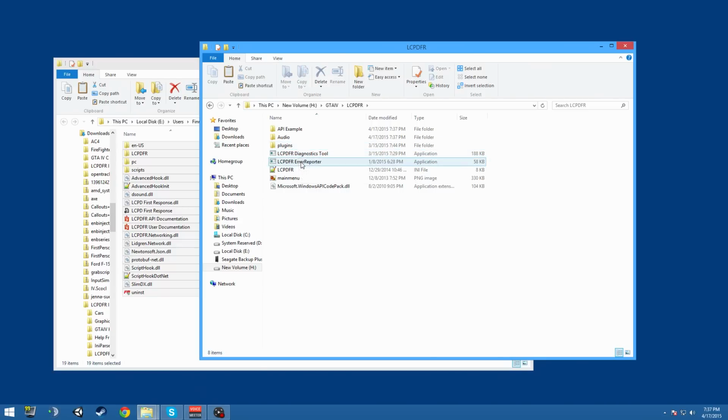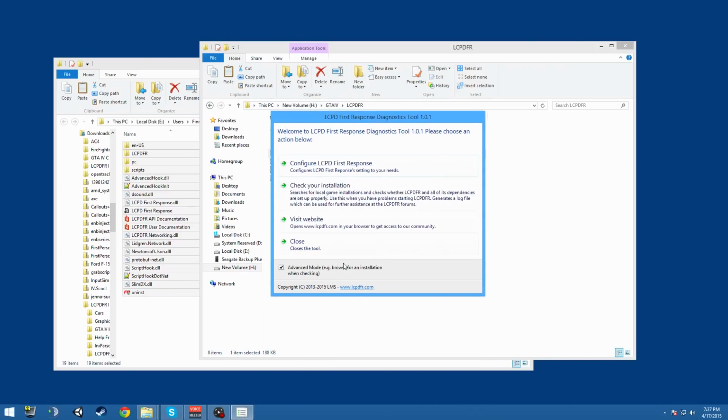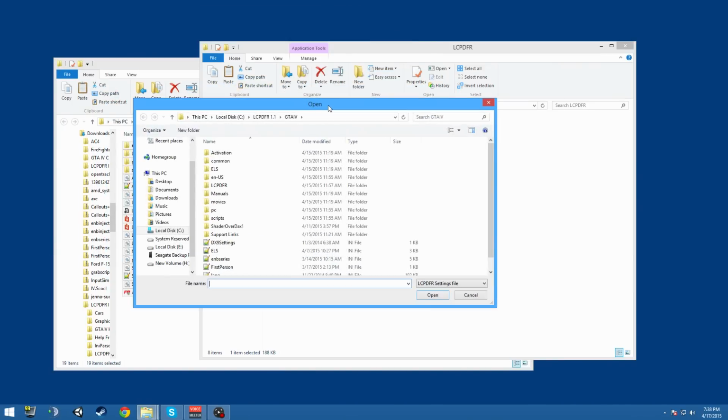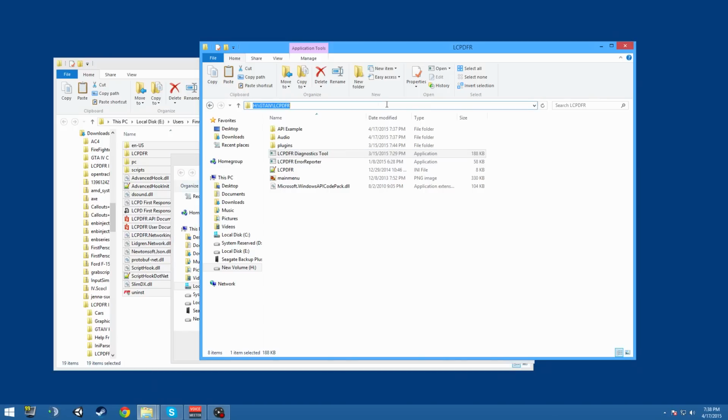So if you go into your LCPDFR folder, you can go into the diagnostic tool that's included in here. And I always suggest, a lot of people don't realize this, if you've got multiple copies, you might not be grabbing the right path. So go to advanced mode and then click configure. What that's going to do is actually try to grab it. And now see, if you take a close look, this is already pointing in this direction. It's a different copy entirely than what I'm interested in. So I can just grab this one,